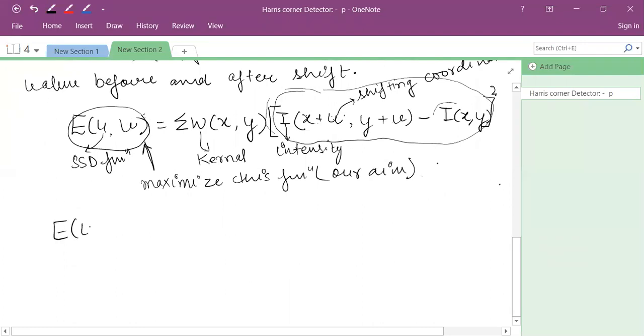So there is certain hidden mathematics over it. This is not inside your syllabus because it is part of image processing, and image processing and human computer interaction are different things. We are not learning about image processing. So I am just writing the whole matrix term in direct form.